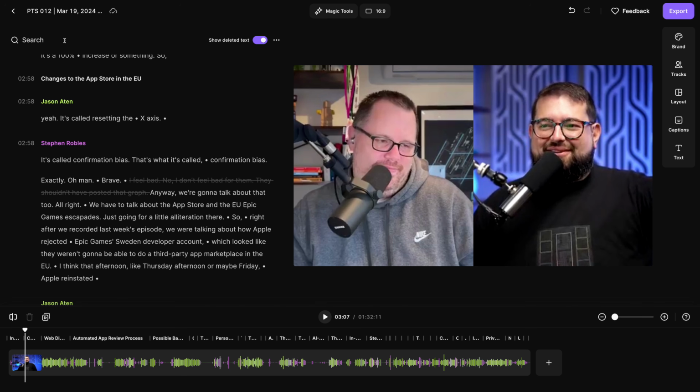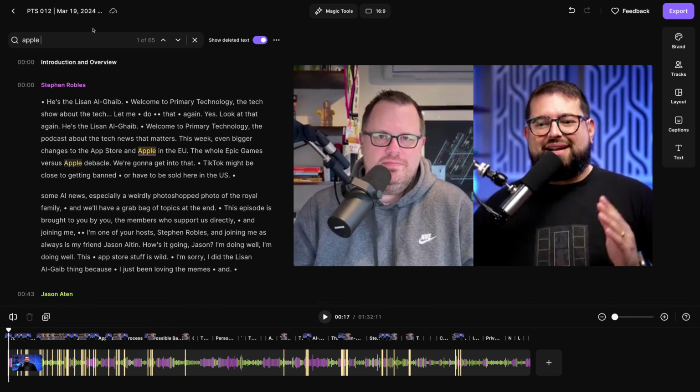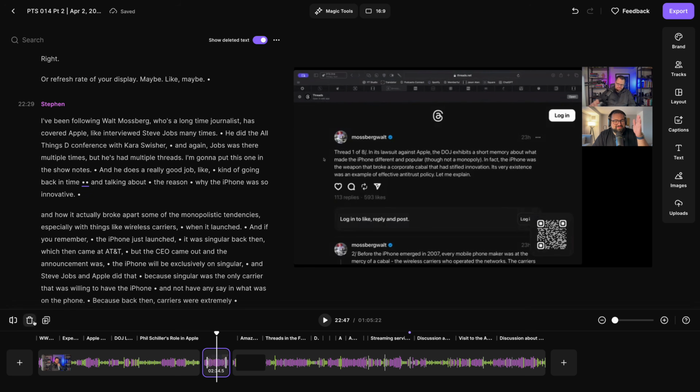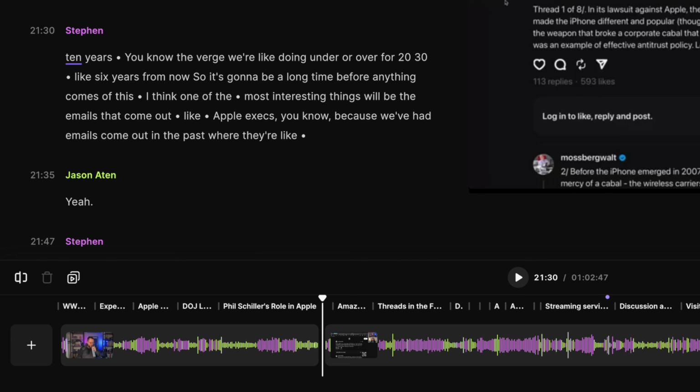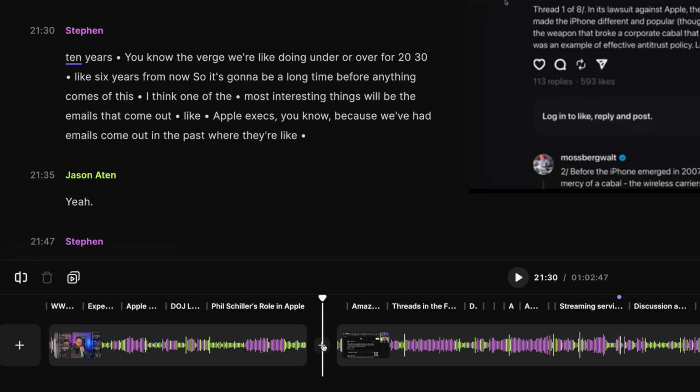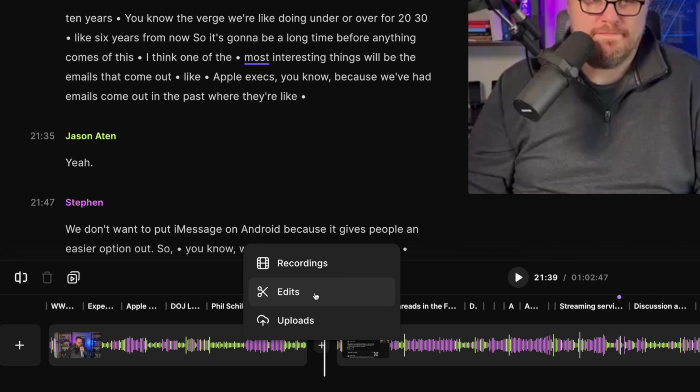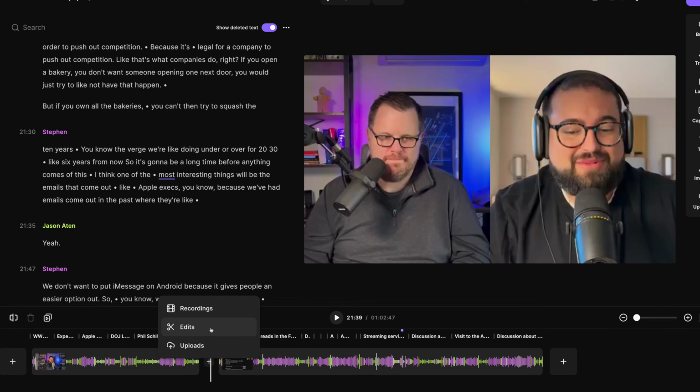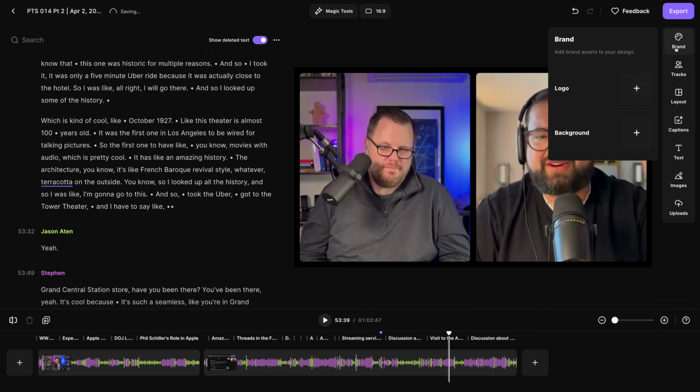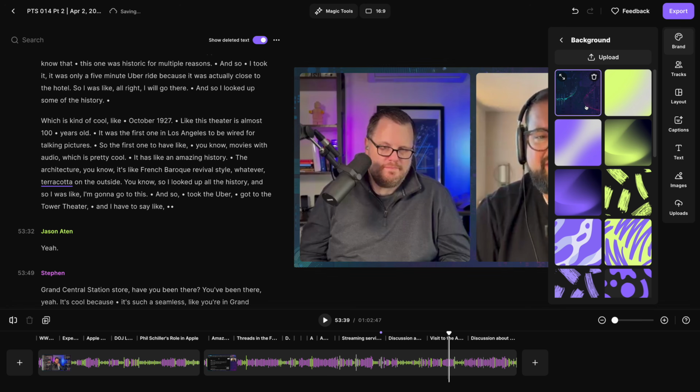Search for words to jump to a specific point in the recording, and you can edit by the timeline at the bottom. You can split clips, move them around, and if you wanted to add an intro or outro, click the plus button at the beginning or end of the timeline, and then you can upload a video or audio recording, and that will become the intro for your show. You can also rearrange the tracks, add a custom background, and we have an entire Magic Tools panel here up